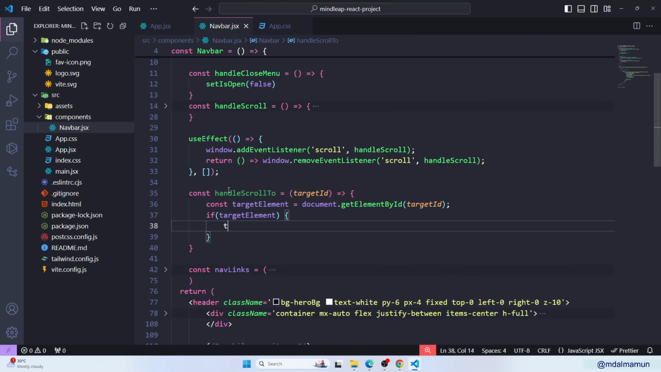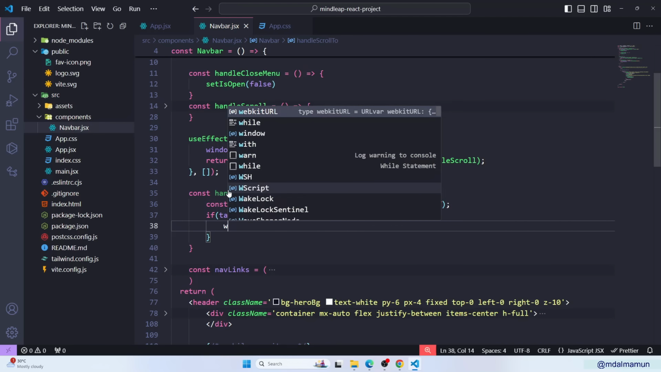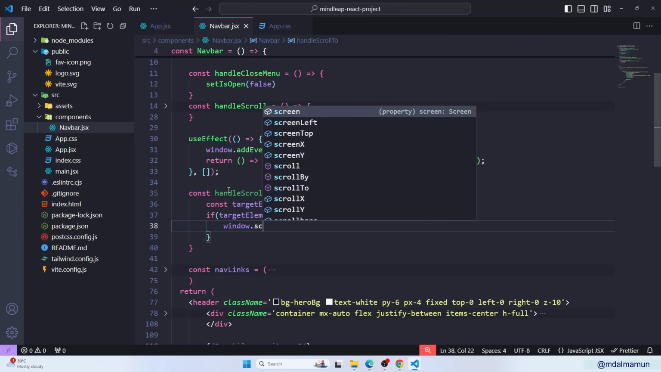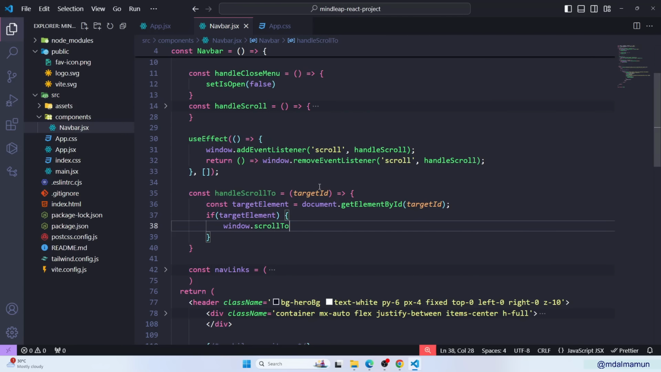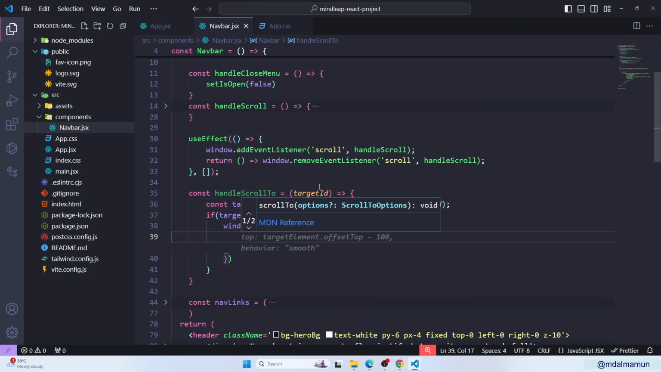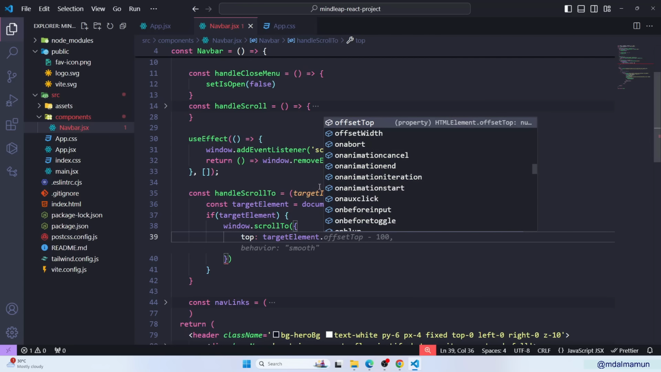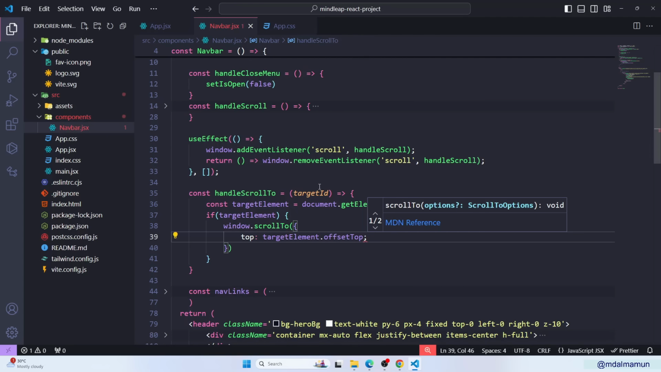then we can simply define window.scrollTo, and inside here we'll have parentheses, we'll define top will be targetElement.offsetTop, and then we'll have behavior smooth. So this is all the stuff, and finally when you have this,